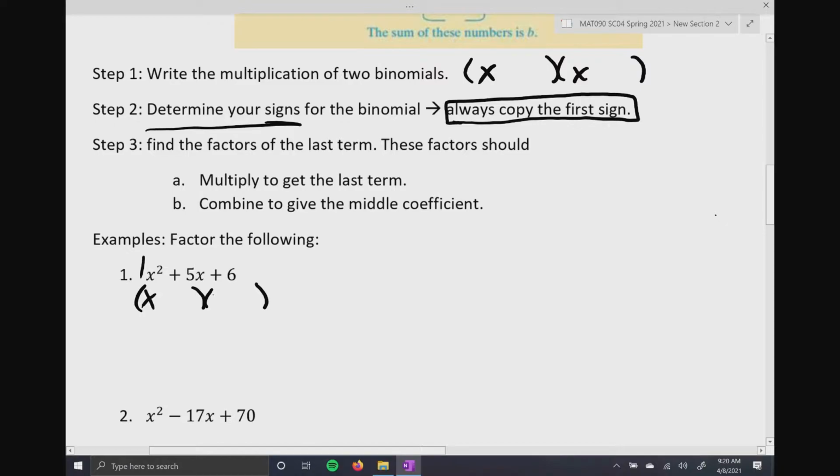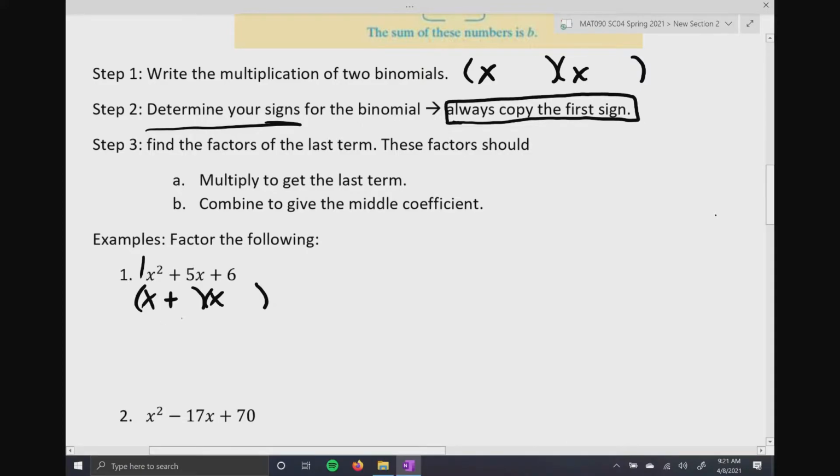I'm going to write my parentheses, and I'm going to put an X in both of them. Step 2, I always copy down the first sign. All right, so I do it directly underneath. Now, here's the thing. If you were to check yourself at the very end of this problem, you would know